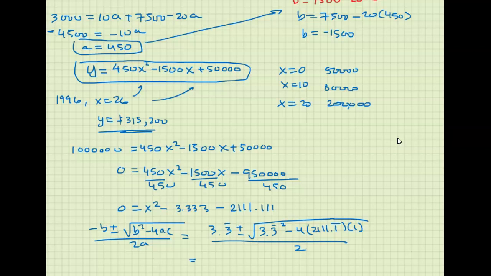Since the constant is negative, that should end up being added. I'll put as many ones as possible. So 3.3 repeating plus or minus